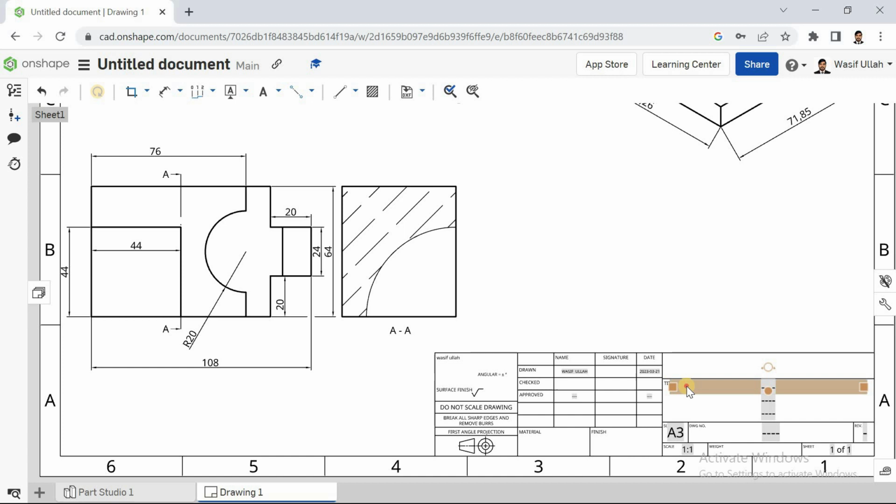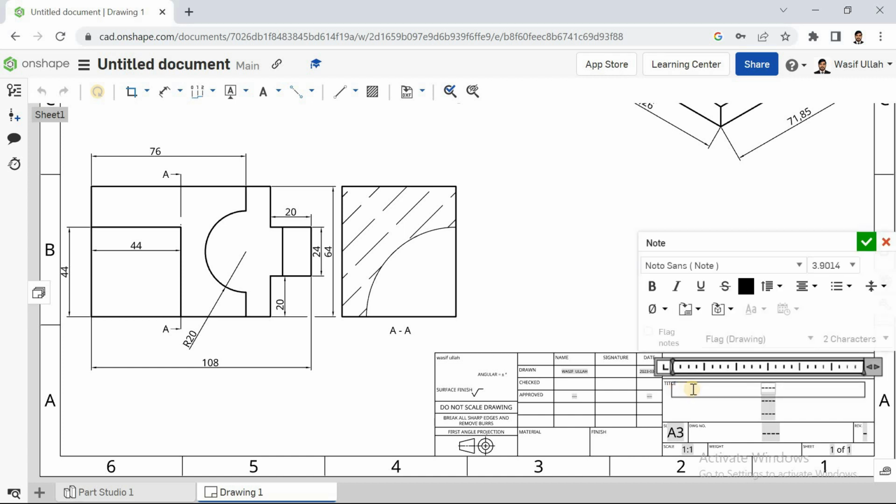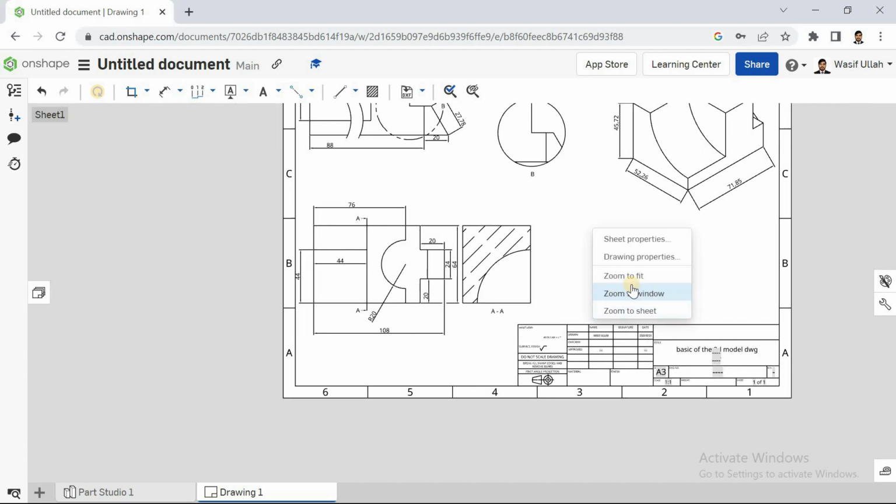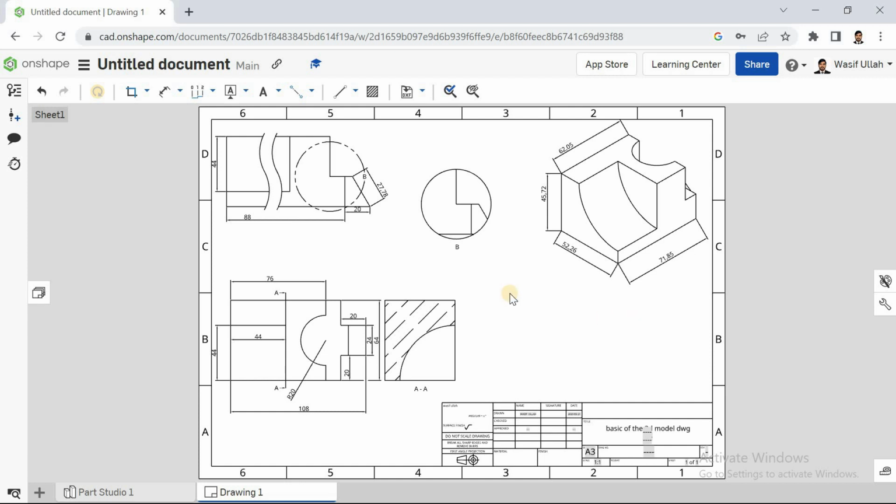And clicking somewhere like this is the basic of the 3D model drawing, or you can simply write down DWG. Okay, I'll hit OK. Let me just drag it up here like this. Okay, anyway,